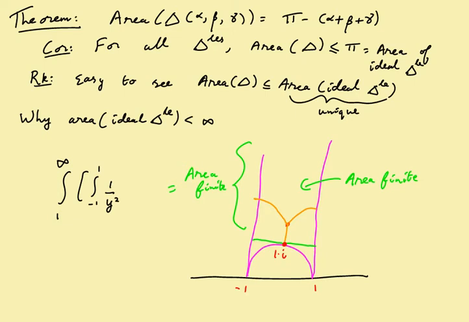That's because the hyperbolic metric scales by 1 over y, so area scales by the square of the length times dx dy. dx is the inner limit. This is of course the integral of 2 over y squared dy from 1 to infinity, which is 2. Well, 2 happens to be